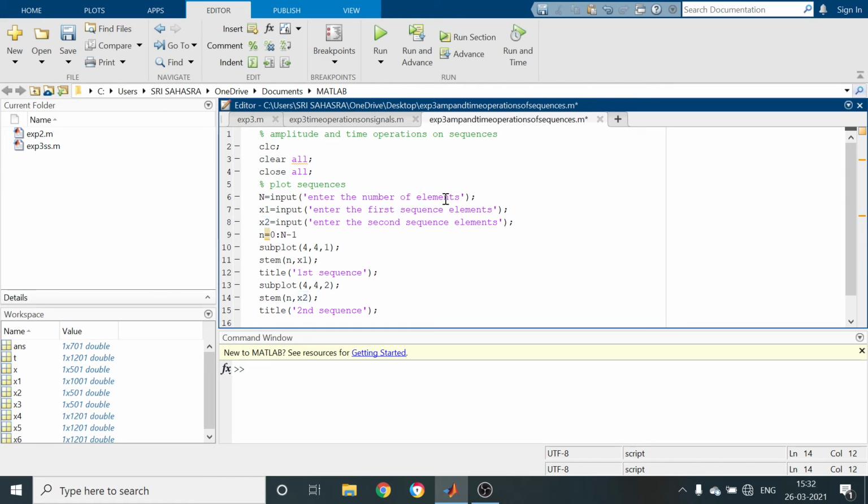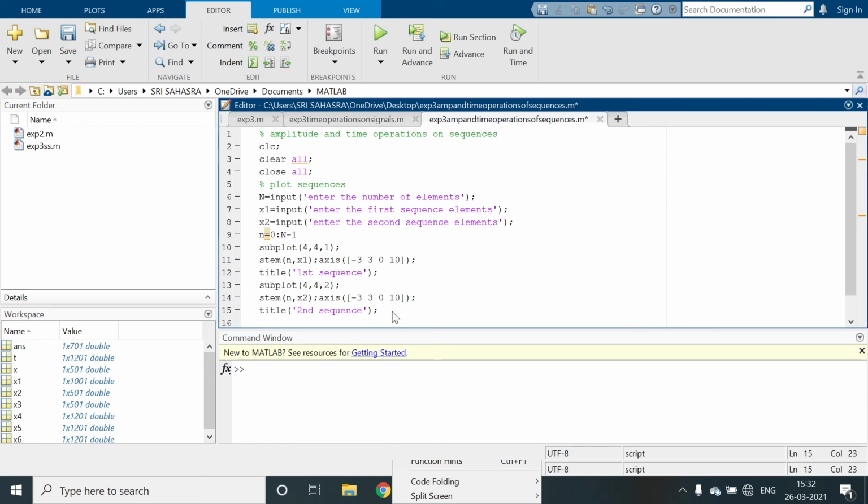I am giving the axis for the first sequence as minus 3 to 3, 0 to 10. For the second one also, minus 3 to 3, 0 to 10.